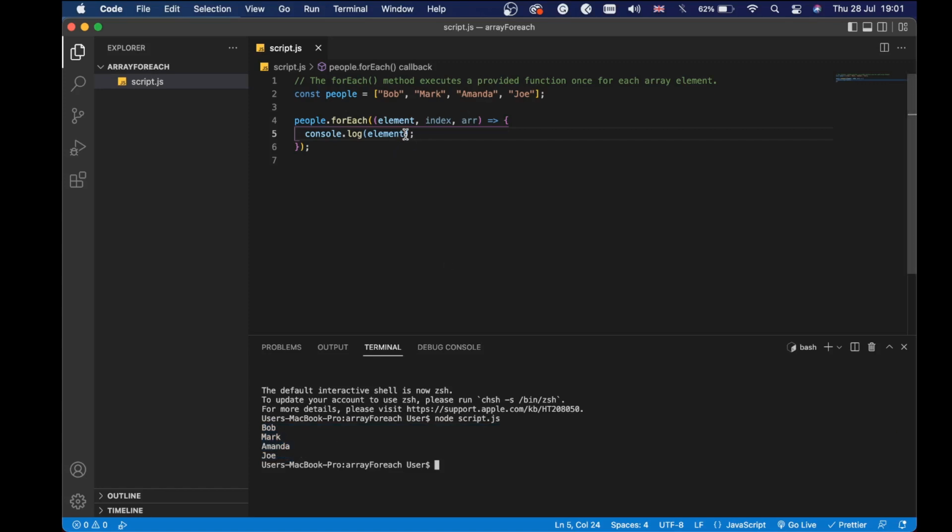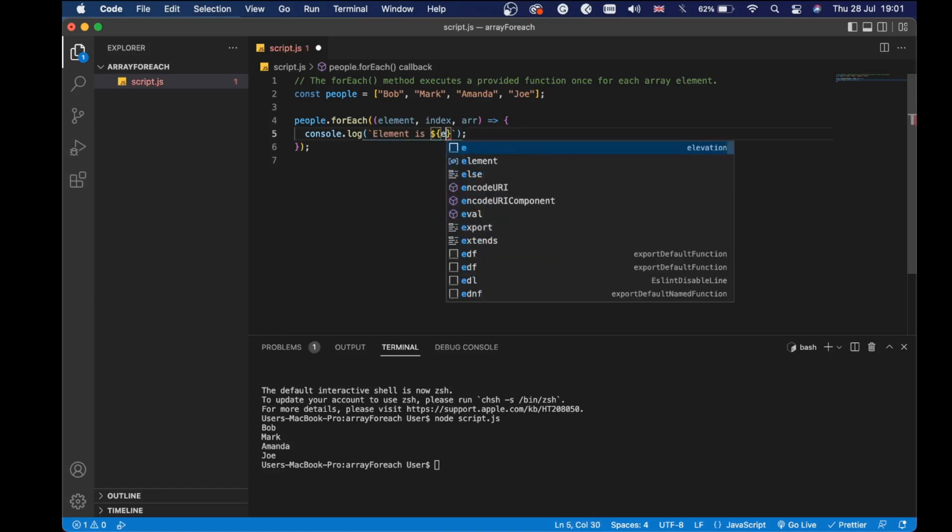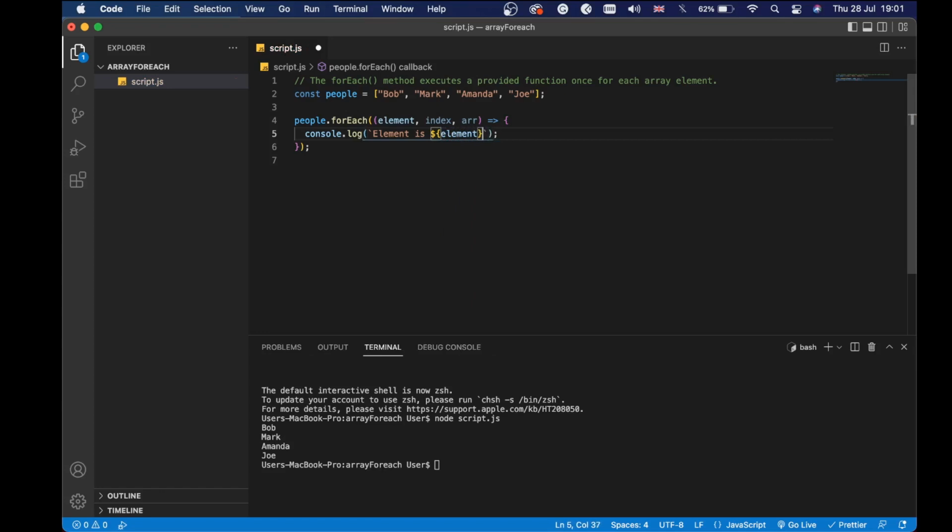Now what we want to do is output also the index. So I'm gonna change this a little bit. I'm gonna use backticks right here, and I'm gonna say element. So "element is", dollar sign, curly braces, element. And we will say "index is", we're going to pass the index right here, and we're going to save this,